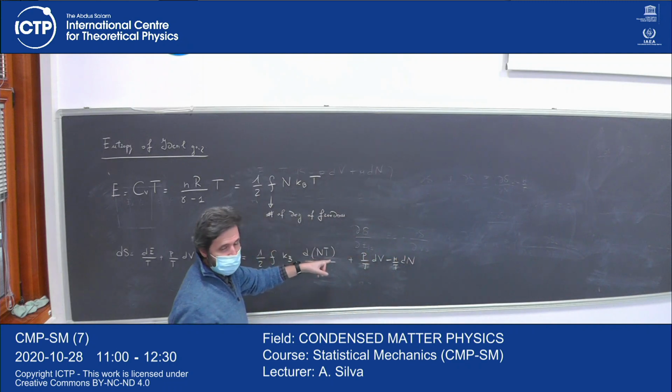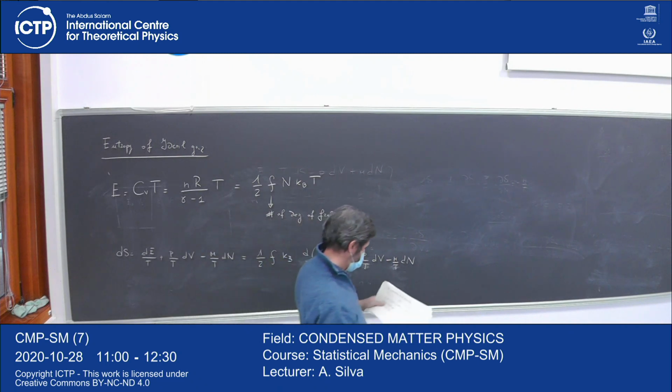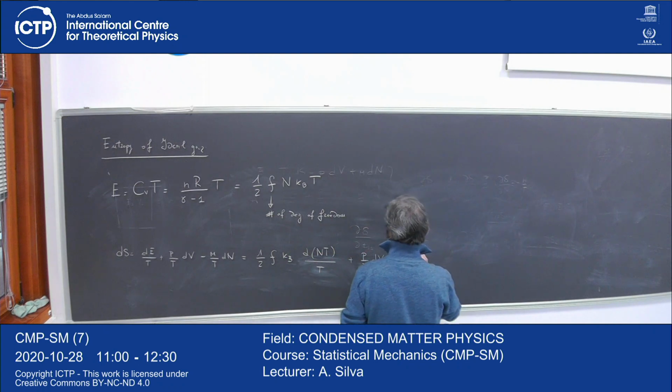Now, d(NT) is N dT plus T dN. And therefore I can rewrite this as